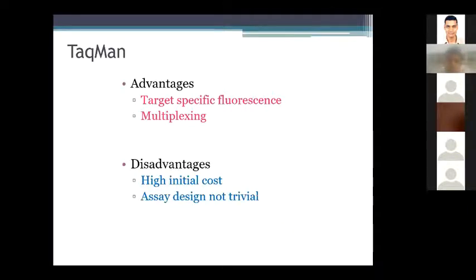So the TaqMan probe's advantage is target-specific fluorescence, and this probe is used in the detection of SARS-CoV-2,